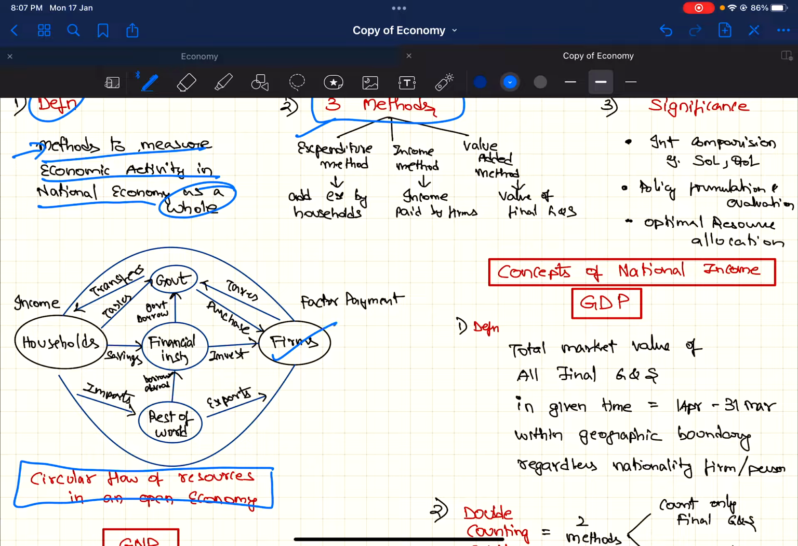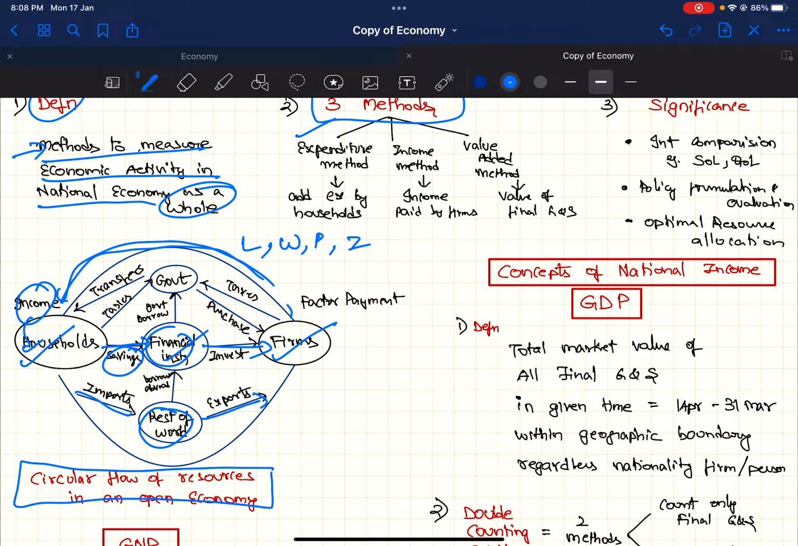So there are firms, there are households. The firms pay the factor payments, which are labor, your wages, your profit for the organization, interest on the capital, and all this. The factor payments go as income to the households. Households in turn save this in the banks or the financial institutions, and the rest of the world, the imports are paid to the rest of the world and the exports are given to the firms, and the banks invest